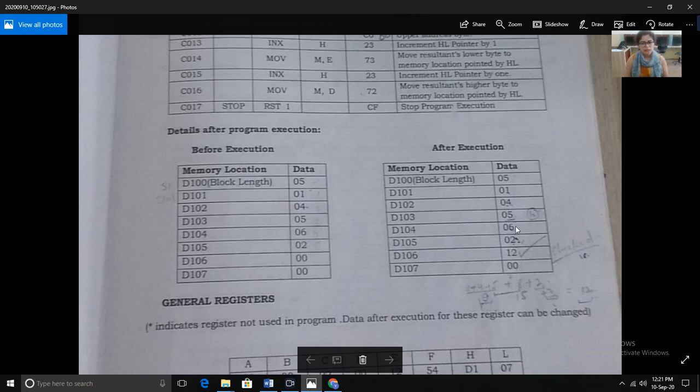Next is 6. 10 plus 6 is 16, but we represent 15 as F. Here is the description, you can check. 1 plus 4 plus 5 is 10, but we represent it as 9 because we represent 10 as A. And 10 plus 6 is 16, but we represent 15 as F. So we have only one number left. 9 plus 1 is 10, and the next number is 2. 10 plus 2 is 12. So that's why the answer is 12.